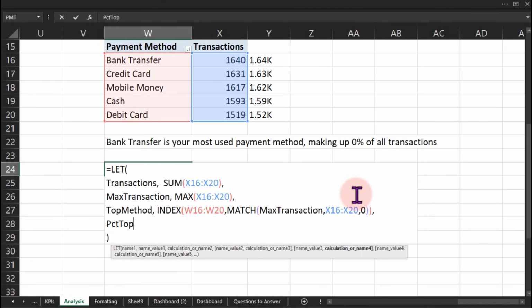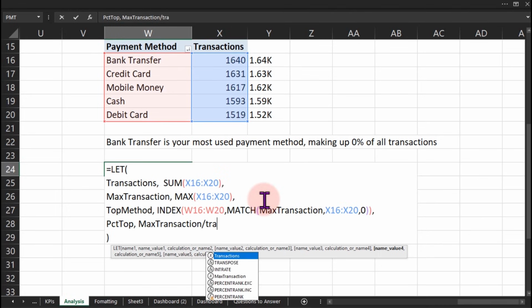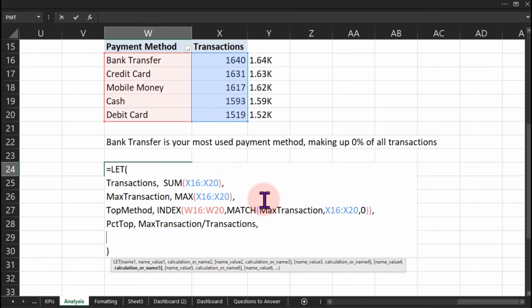For the PCT top here, what we want to do is take the max, the max transaction here, and divide it by the transaction. Can you see it now? So if I go ahead and return PCT here,